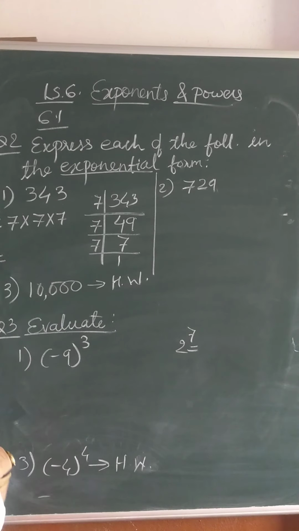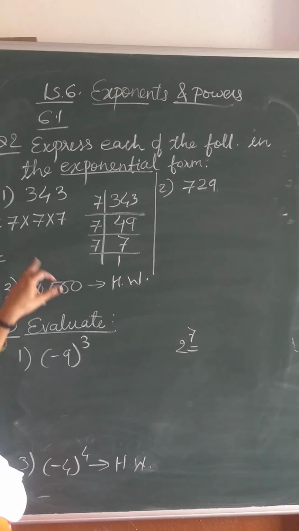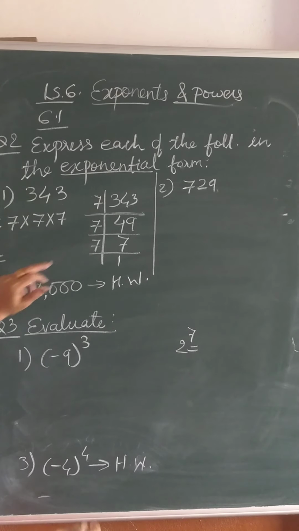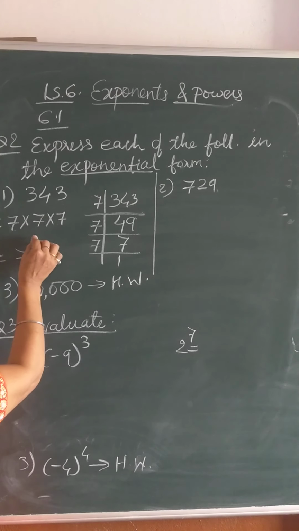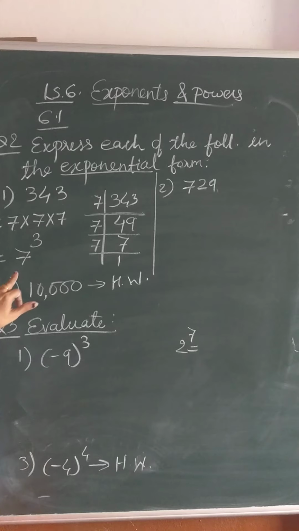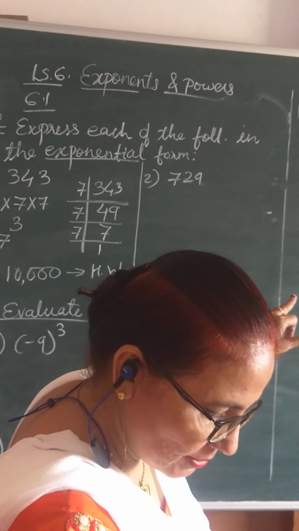Now you know you have to write this in the exponential form. So what is the base here? The base is 7. And how many times is the 7 multiplied? 3 times. So 7 raised to the power 3. Now let's move to the next example, that is